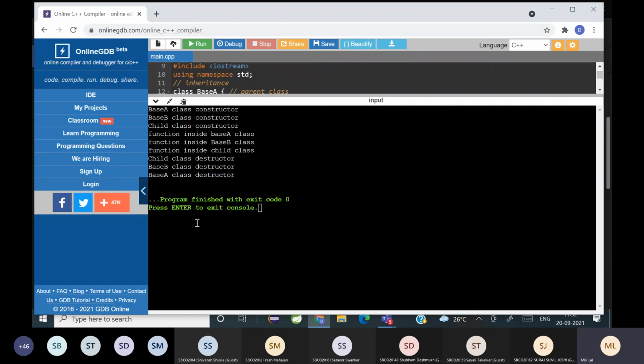So can you see? When I create the class object, first the base A constructor is called, then the base B constructor is called, then the child constructor is called, then you have the function inside base A, function inside base B, and function inside child called. That is as per how you call the methods.